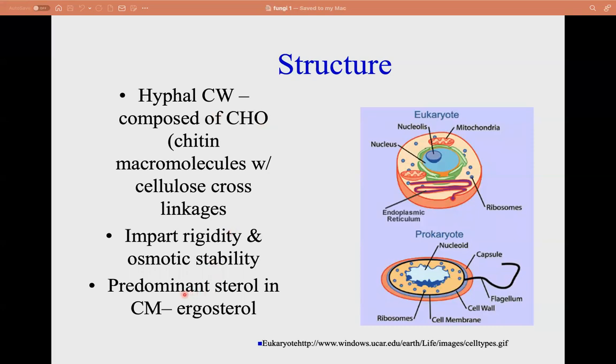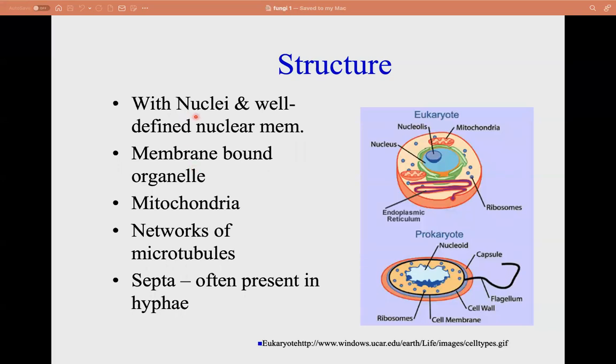The presence of ergosterol in the cell membrane is known to be the predominant sterol. They have nuclei, a well-defined nuclear membrane, and other membrane-bound organelles like mitochondria, with a network of microtubules,